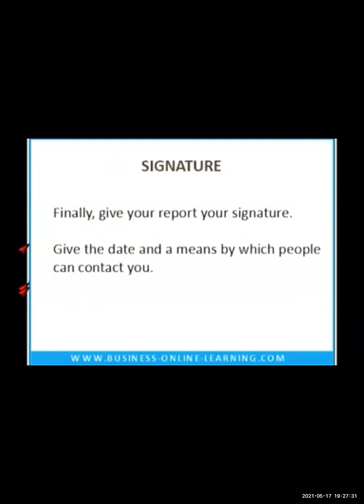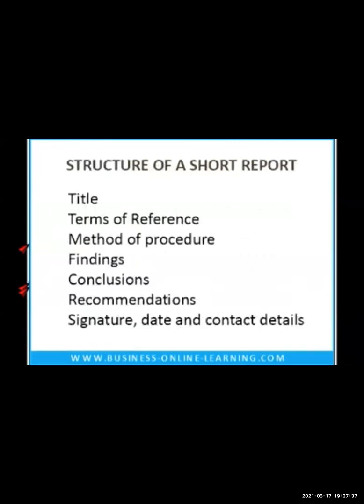Now finally, give your report your signature and give the date and a means by which people can contact you. So to recap, the structure of a short report is first your title, then your terms of reference, then your method of procedure, then your findings, then your conclusions, your recommendations or call to action, and then your signature, date